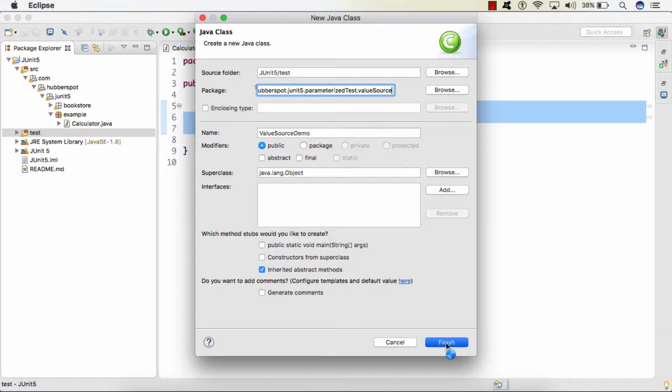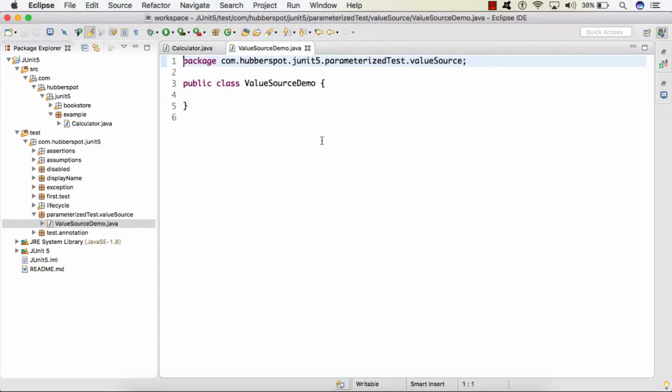We'll click finish. So friend, inside this test class, we will be seeing the demonstration of @ParameterizedTest and @ValueSource annotation.